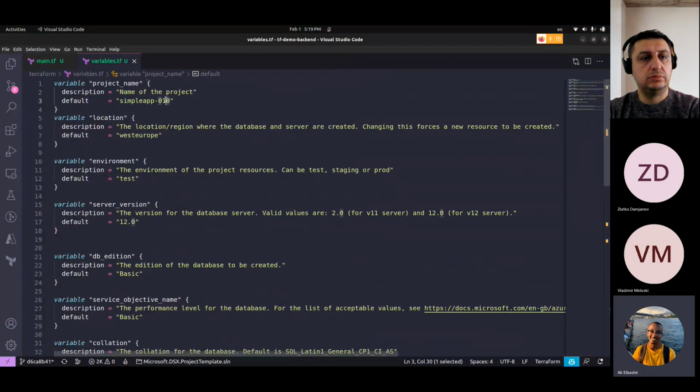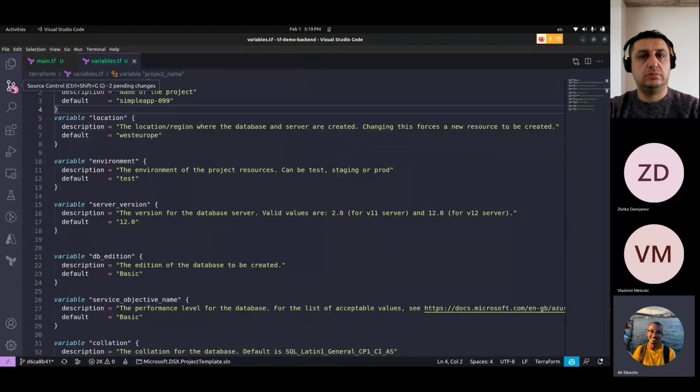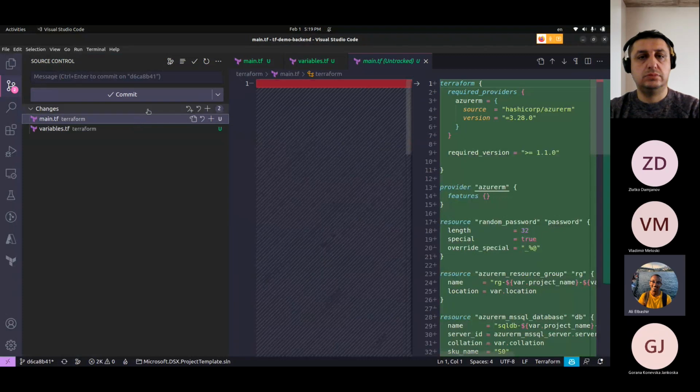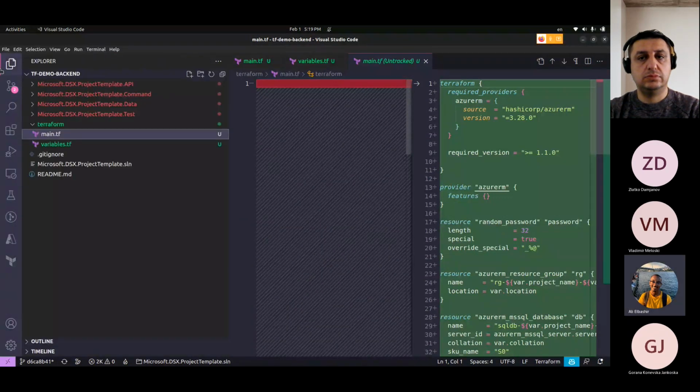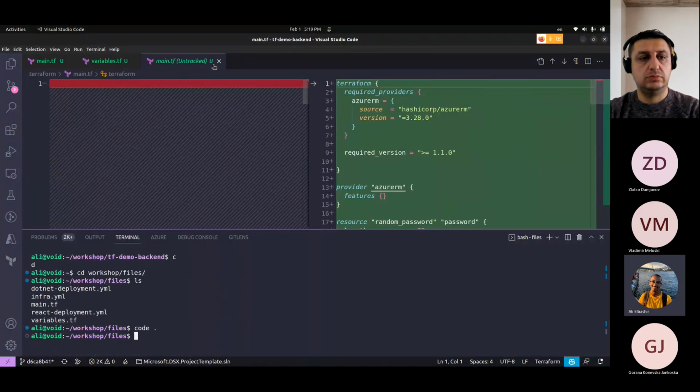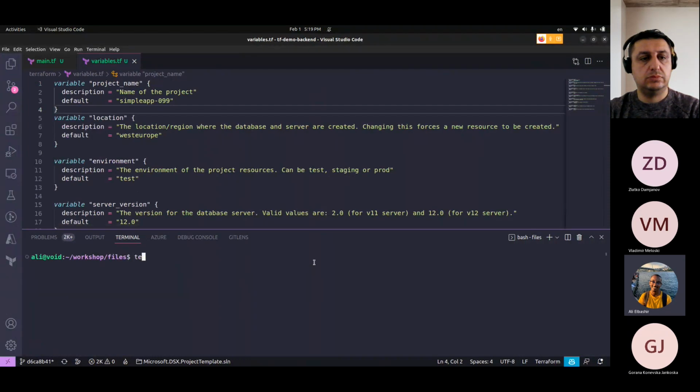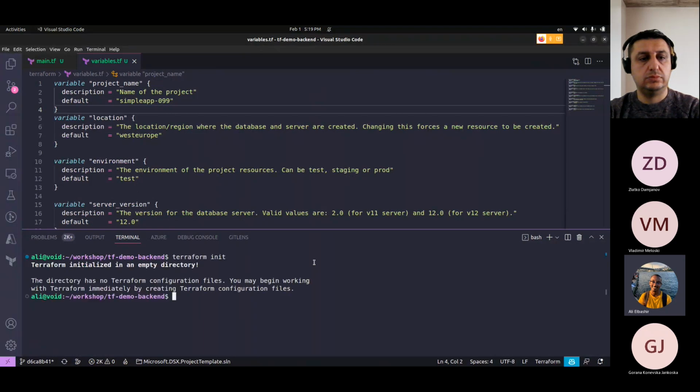So I'll go up here and then I'm going to change the simple app to, for example, 99, just so I'm sure that it's the right one, because there's many different ones. And then let me just run everything that's in here. So as we said, first of all, we perform, let me just go inside. Okay. So we have to do Terraform init at first